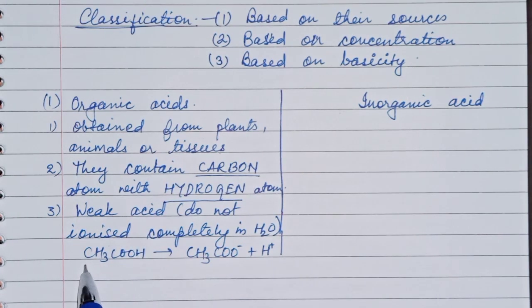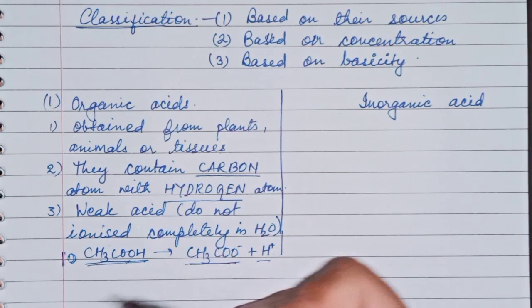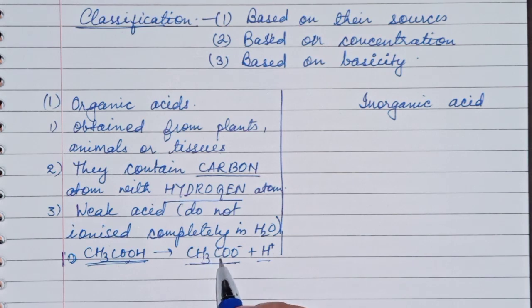Some of the acetic acid molecules will remain like this only, and some are dissociating into their ions like this, minus and plus ions. You cannot say they all dissociate. Suppose we are taking 10 molecules of CH3COOH, out of 10 only two molecules will dissociate or three molecules will dissociate and they will form these ions. So you can say it does not ionize completely in water. Some are in the form of molecules only and some are dissociating into ions.